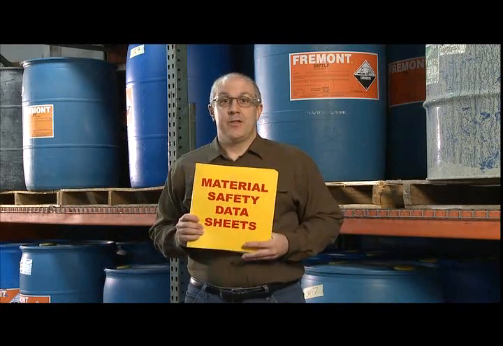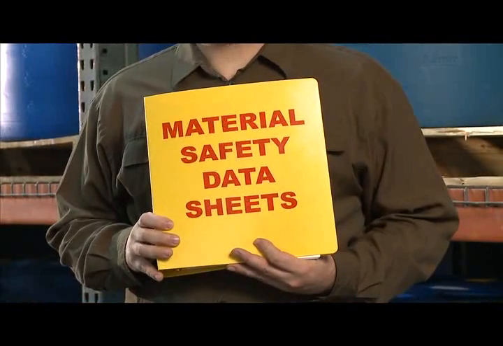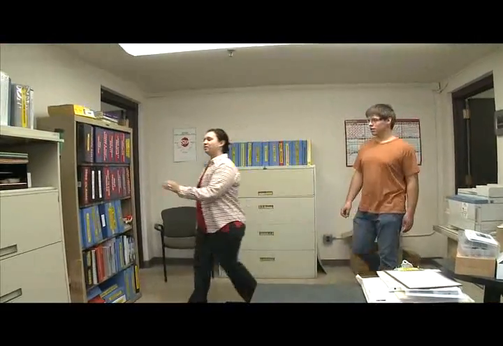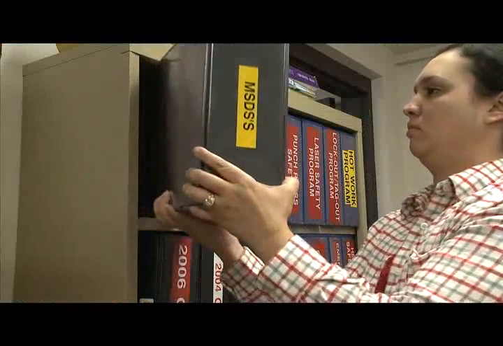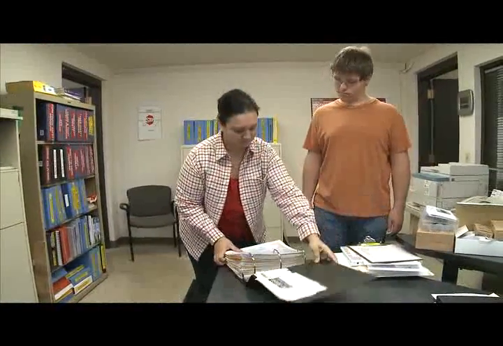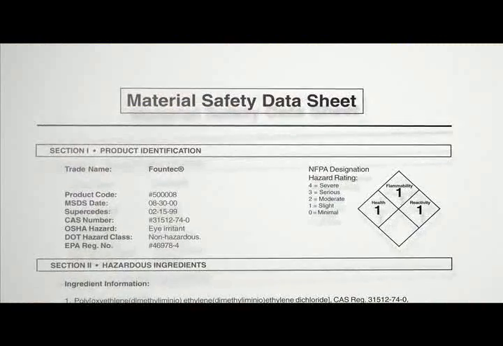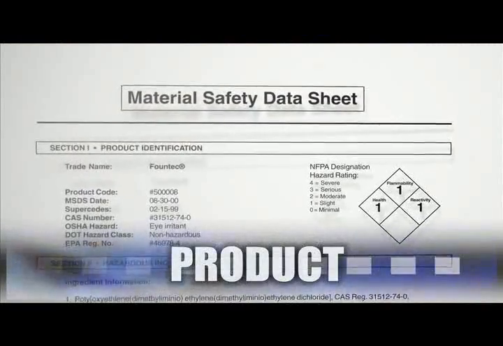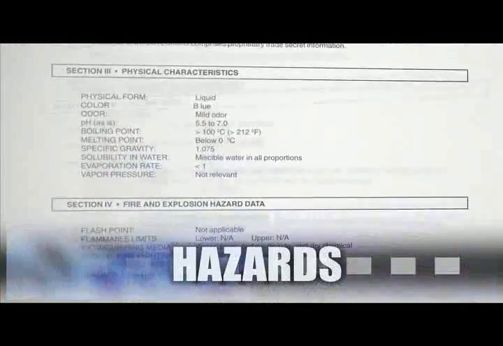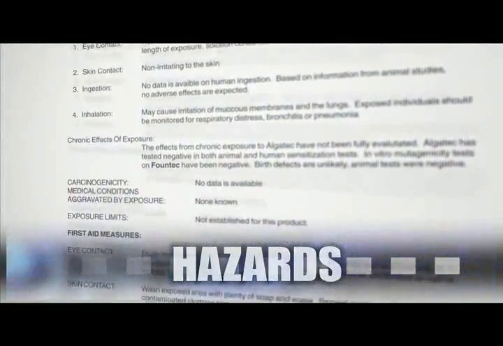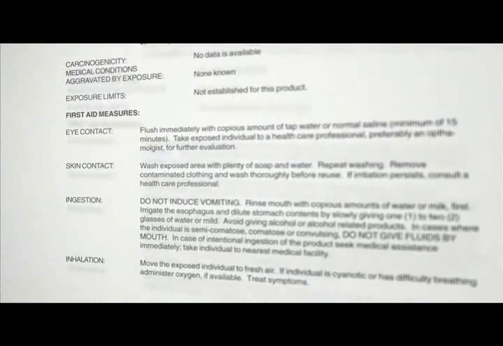Let's face it, you can't fit everything about a material on the label. That's where this comes in. The Material Safety Data Sheet, or MSDS. These documents contain detailed information about a product. It might look overwhelming at first, but it's organized logically into different sections, making it easier to find the information you want. Fortunately, the important information is at the beginning of the sheet. The first few sections have information about the product, the company that makes it, and the hazards, including the short-term or immediate effects and effects that happen with long-term exposures.